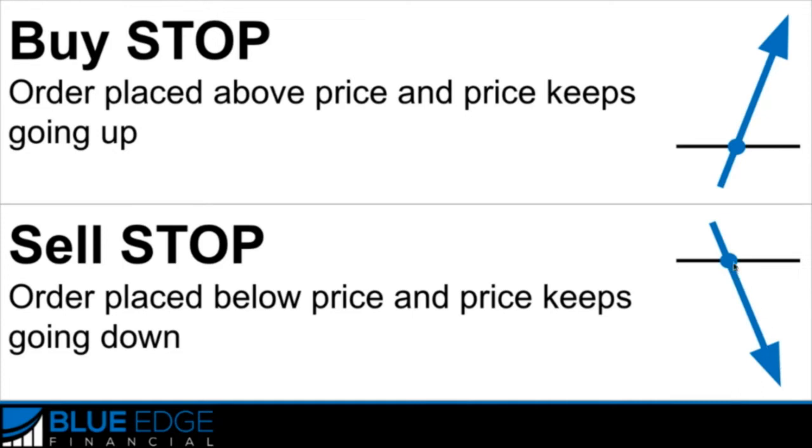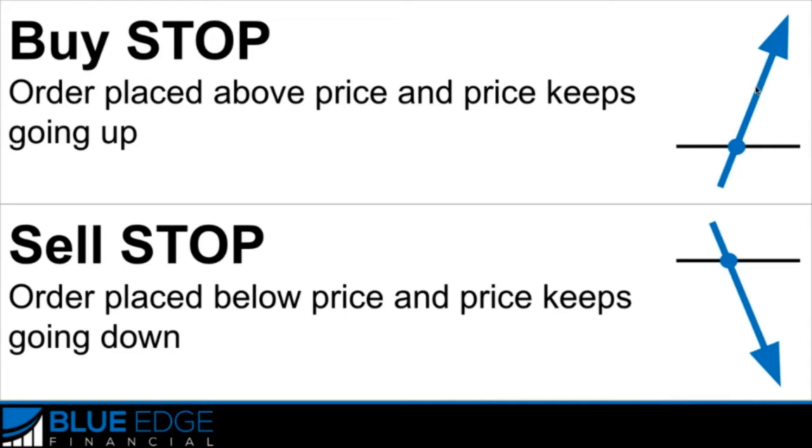Then you would place a sell stop at this point, and automatically once the market got down to this point, it would place a sell order and you'd be on your way to making a profit. Same goes for a buy stop. Let's say that the market was right here currently, and you don't want to buy yet unless it continues to move this way. Then at about this point, you would hit buy because you've confirmed, yes, it is going that way. Then you could place a buy stop order right here, and automatically once the market reaches this point, it's going to place a buy order, and you're going to be on your way to making profits